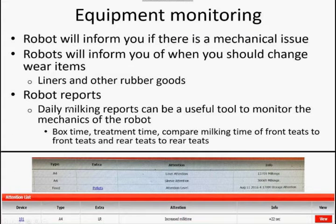So equipment monitoring, this is just a screenshot from some stuff from Lely at the bottom, but robots will inform you if there's a mechanical issue related to certain things. So either preventive maintenance, like liners need to be changed, there's something wrong with a certain sleeve or a diaphragm, tells you if feed is low. This type of information actually can be sent to your phone. It's on the home screen when you go into the software, even to the point where it'll tell you